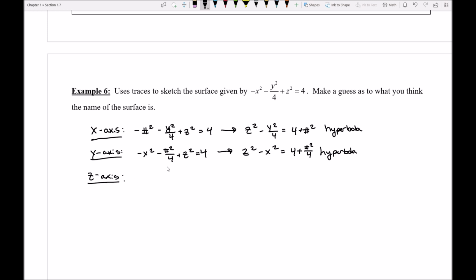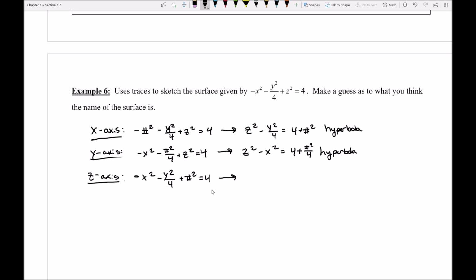And when we get here and we replace z with a number, we're going to have minus an x squared minus a y squared over 4 is going to then be added to some number squared equal to 4. All right, so let's think about what this is going to look like. Okay, so first off, I can recognize that